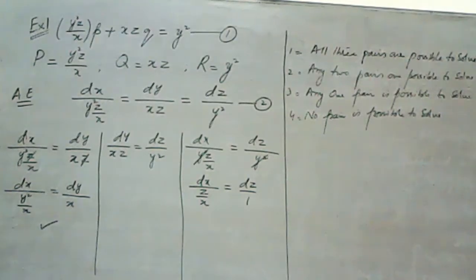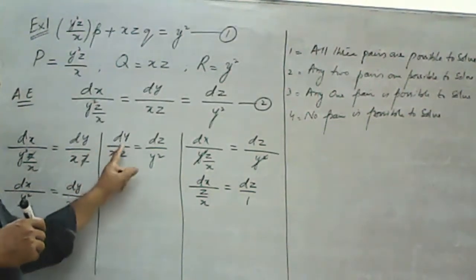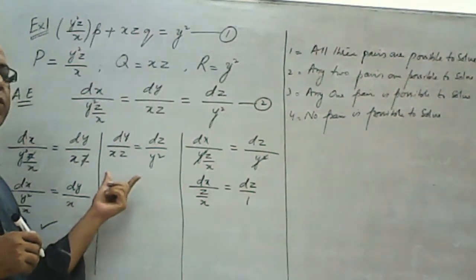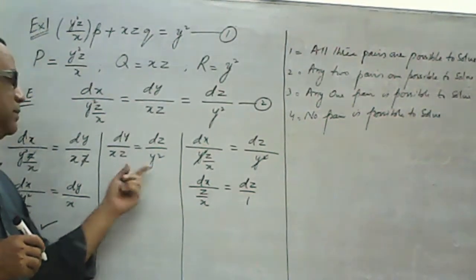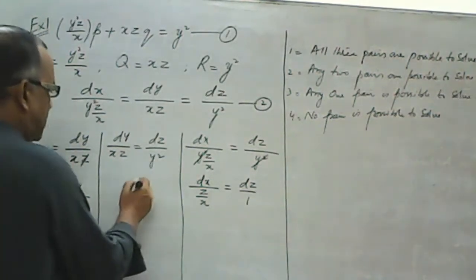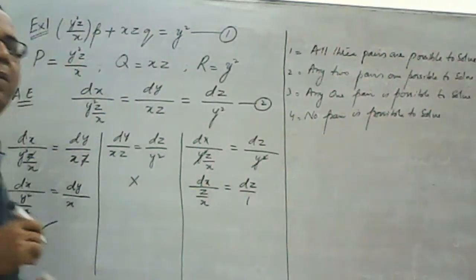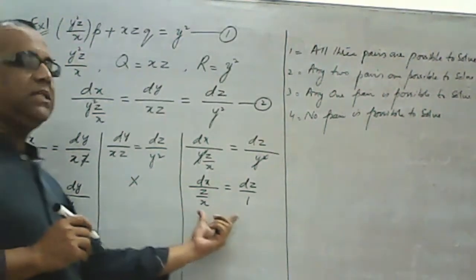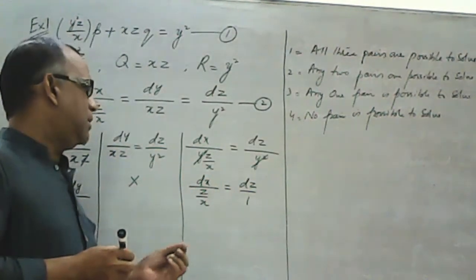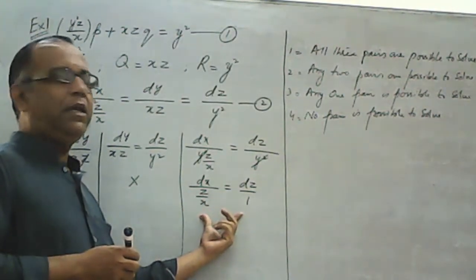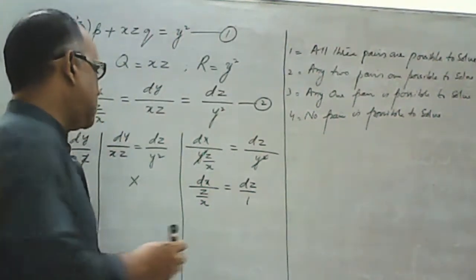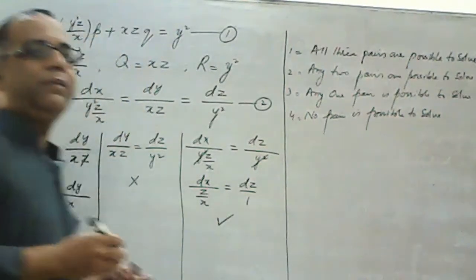It is solvable. Now come to this pair. In the numerator, y and z are there and x is missing. So we do not need x in the denominator as well. But here x lies, and it is not possible to eliminate x from here. So we say that this pair is not solvable. Coming to this one, x and z are appearing in the numerator and y is missing. So we do not need any term of y in the denominator of both terms. Since y is not there, this pair is also solvable.